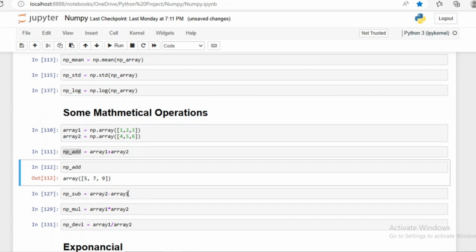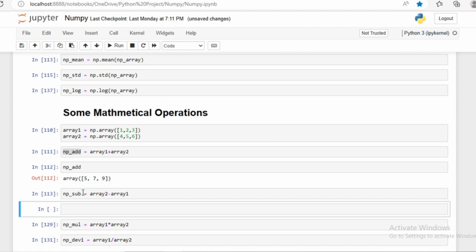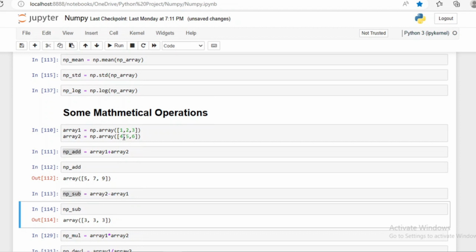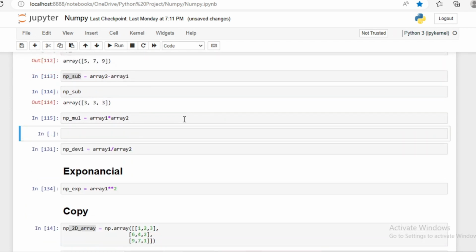4 plus 1 is 5, 5 plus 2 is 7, and 6 plus 3 is equal to 9. So that's how we can add, and we can subtract as well: 1 from 2, right? So I'm subtracting array 1 from array 2. This is how I have run the command. You can see, 5 minus 1 is equal to 4, 4 minus 1 is equal to 3... 5 minus 2 is equal to 3, 6 minus 3 is equal to 3, right? So we can see the result. Same way we can multiply. Now let's see the result. You can multiply your arrays together,